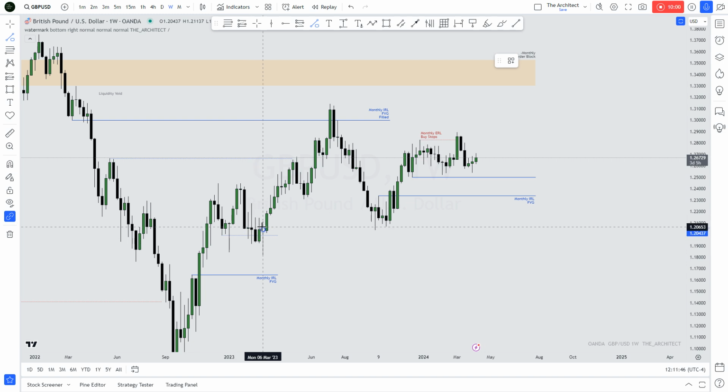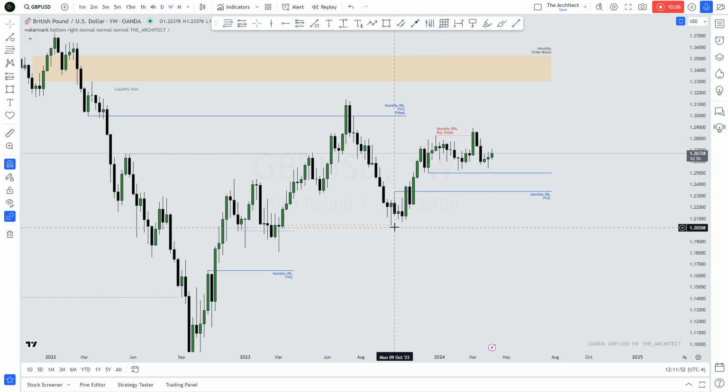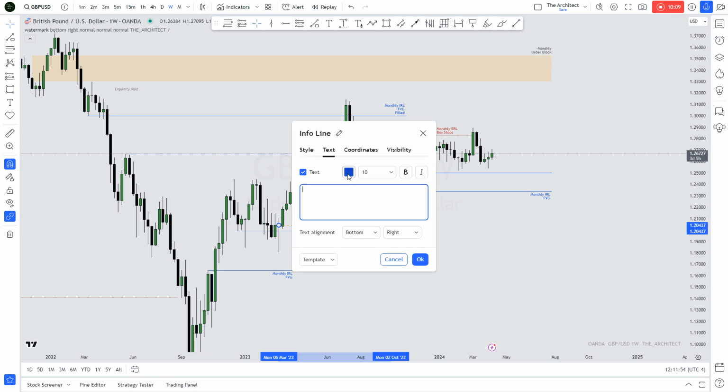And why is this point very significant? This point is significant due to the fact that, firstly, it's a weekly bullish order block, right? So let's just note that. So this is our bullish weekly order block, right? So that's the first thing,